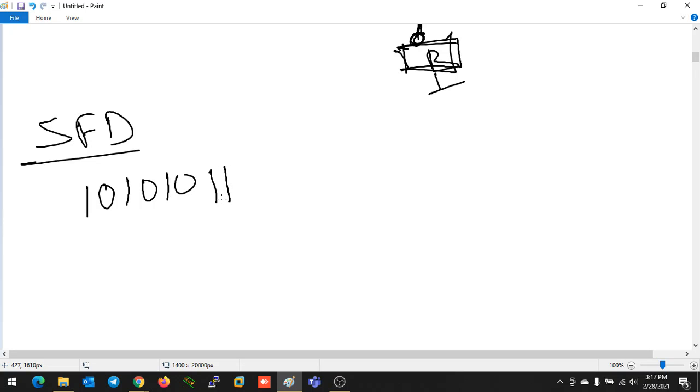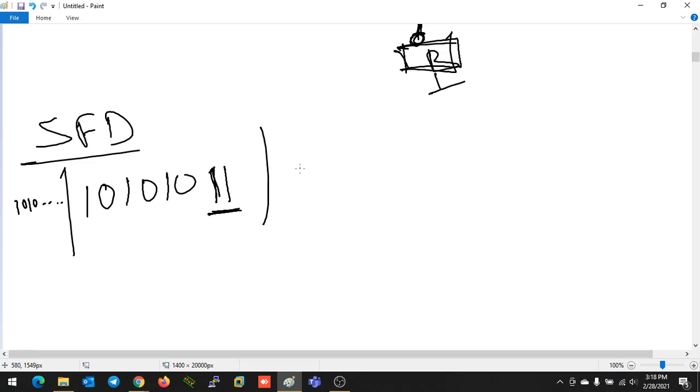So what will happen? Initially the preamble will be there. In the preamble everything will be 101010 like that, till 56 bits. After that, it finds 6 more bits of 101010. Then the first thing it finds is all bits being 1, a double 1 bit. Then my device will understand that from here the original Ethernet header, or the original information of the Ethernet header, is starting. From these 2 bits only it will understand.